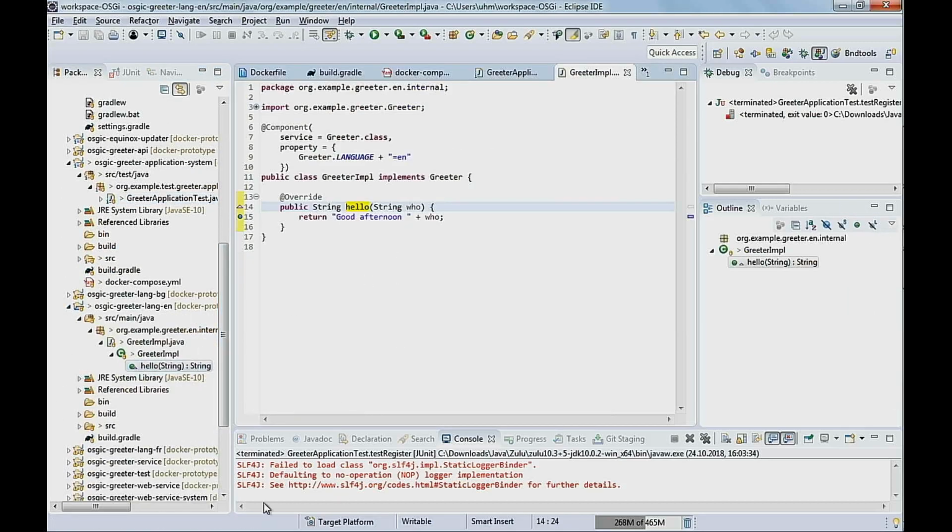So this is just something built in the OSGi way, a declarative service. It's dynamic. I have this greeter manager service which will dynamically know which services have been registered against it in which languages, and it will simply call these based on the language I choose. And in this case, I have messed around with the actual message, so it breaks.